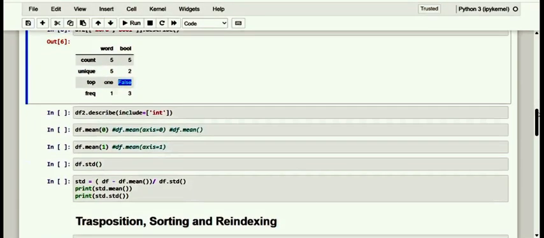In a data frame with many columns, it would be good practice to be able to select only a few columns without first having to make a selection of a subset and then applying describe, as we have just done before. In this regard, there are two parameters: one is include and the next one is exclude.